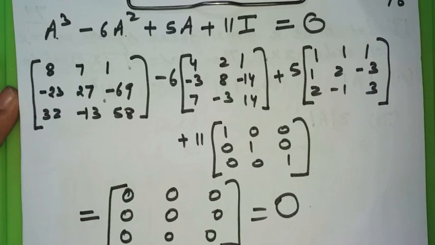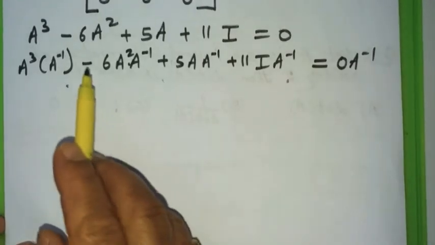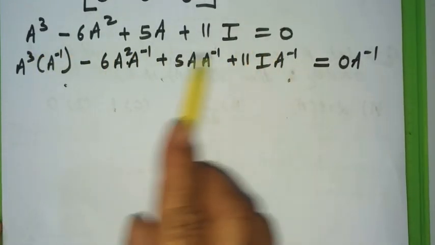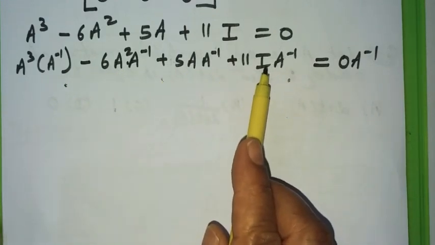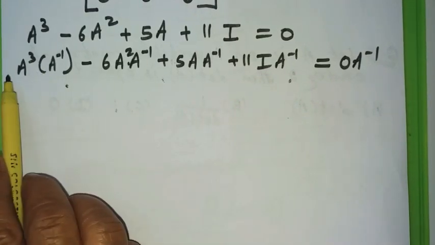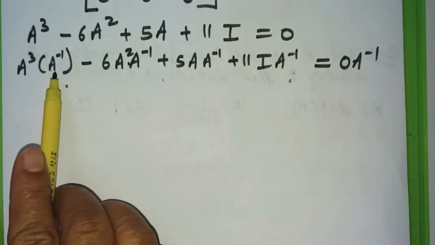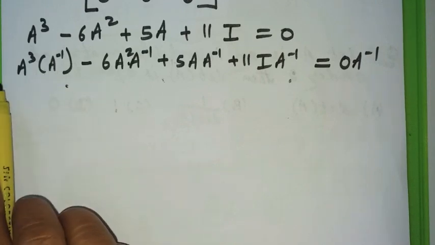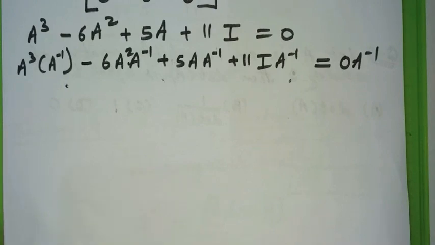Now students, we are going to find out the inverse of A using this matrix equation. We are finding the inverse of matrix A. So I have written this equation, and now I post multiply this matrix equation by A inverse. Here students, you have to be very careful that you cannot just multiply A inverse either in the beginning or in the end. Either you multiply all the terms of this equation in the end by A inverse, or you multiply them in the beginning. That means either you post multiply all the terms or you pre-multiply all the terms, because you know that matrix multiplication is not commutative.